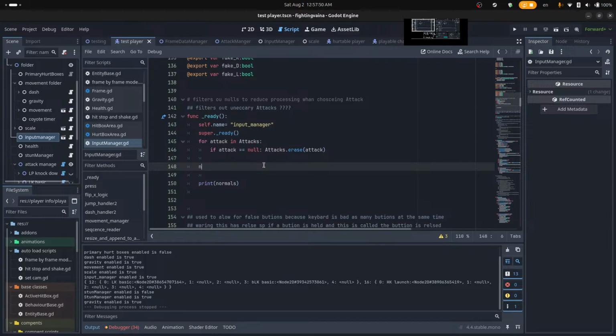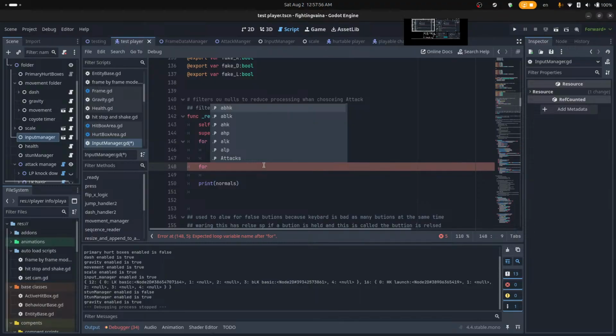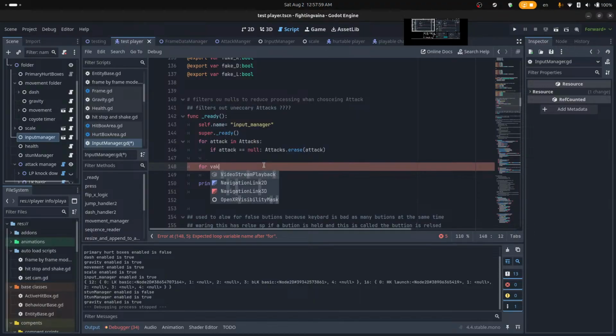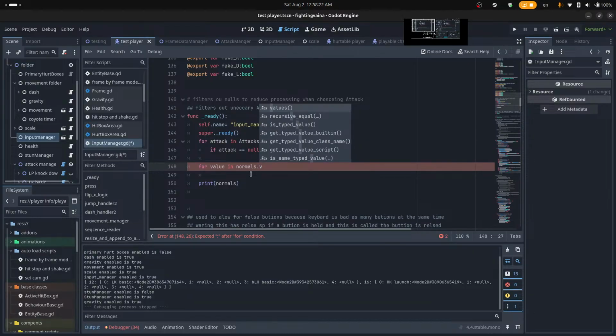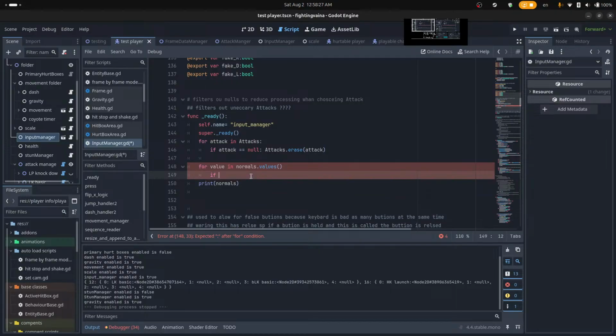For value in missing dot get keys. I need to get keys again. Normals dot get. I need to get the value, sorry. If value is